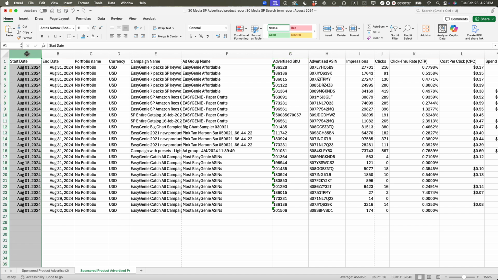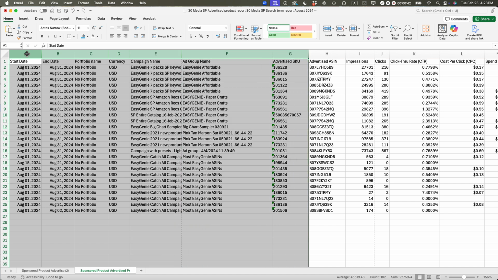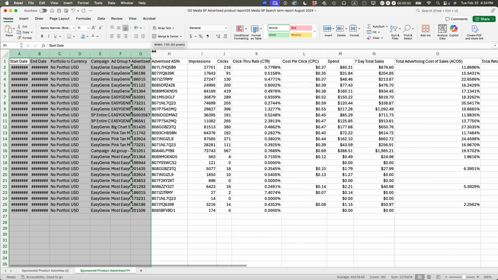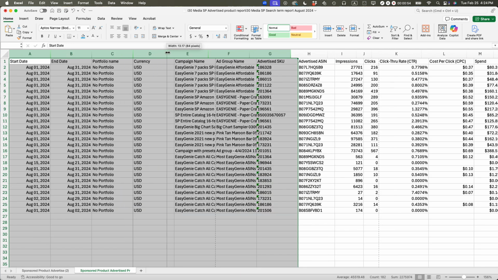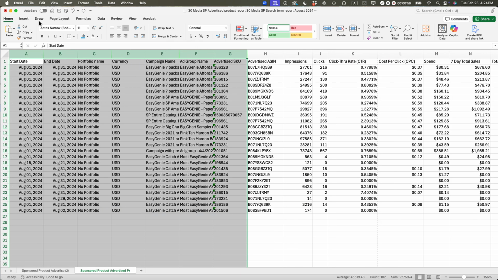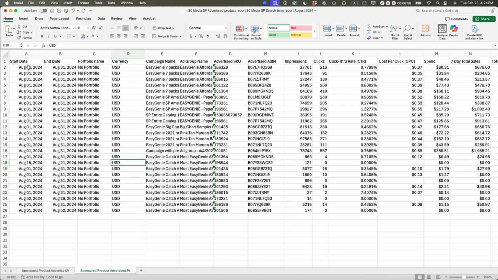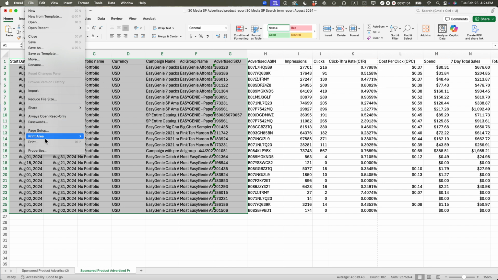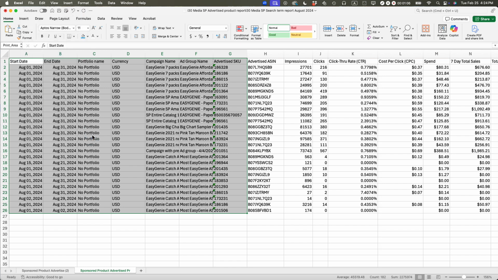So I'm going to select, let's say, the first 6 columns here, or 7 columns. I'm going to move this in a little bit. Okay, move this one in a little bit as well. And then what I'm going to do is where it says File, actually hold on here. I'm going to select these columns, and then where it says File, Print Area, Set Print Area, and then I'm